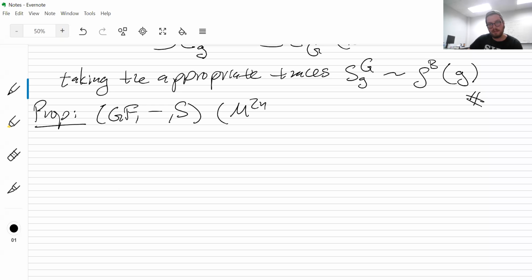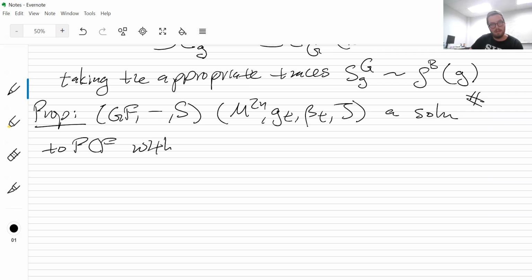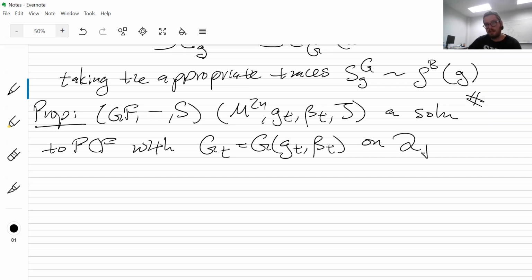If we have a solution to pluriclosed flow, with associated generalized Hermitian metrics, GT, on the holomorphic Courant algebroid, right? So I guess just as a little note,